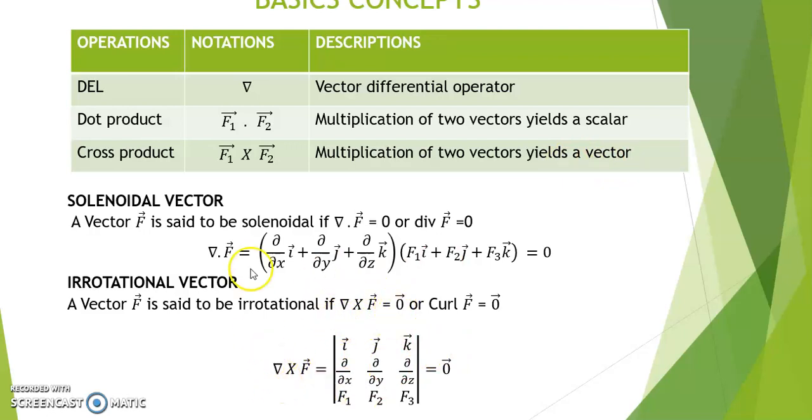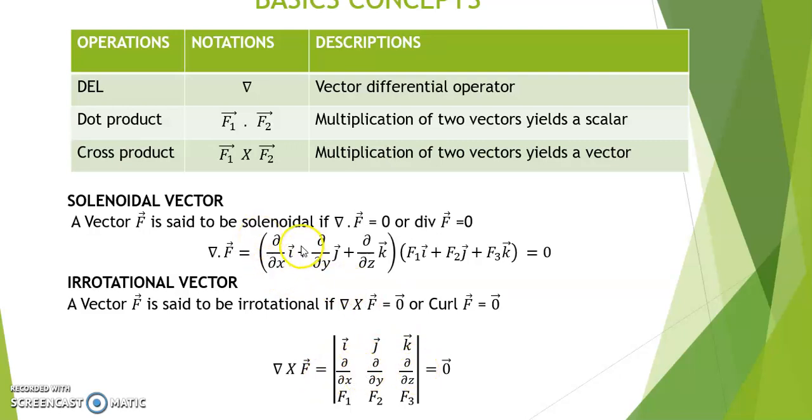You know what del is; this is how del is defined. And you know what the f vector is; this is the f vector. Then how is a cross product defined? It is a cross product between two vectors, because del is also a vector, as we have i vector, j vector, k vector. Taking the cross product between two vectors is defined as a determinant. What is common between these two? i vector, j vector, k vector. And what is the second row? The second row will come from del.